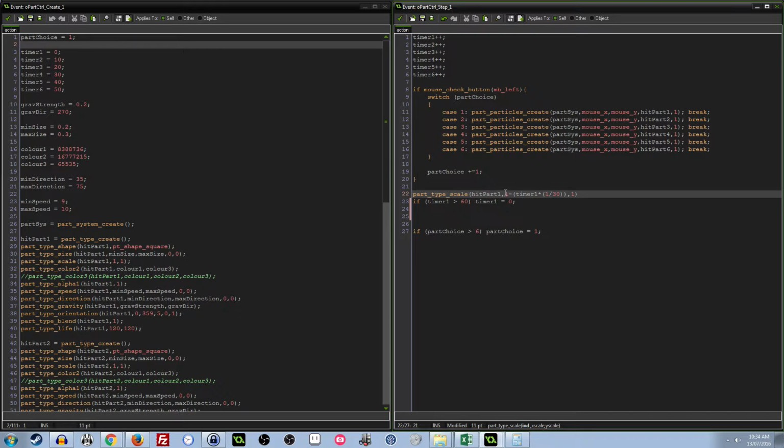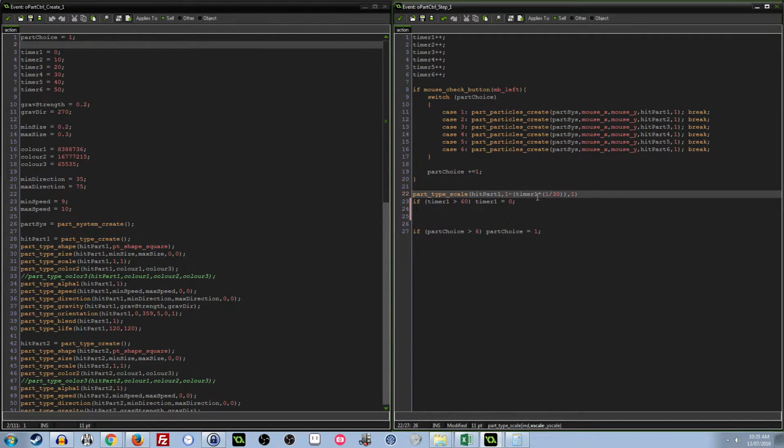You have the X scale, which is the thing that I'm scaling over time. And then you have the Y scale. I want to keep the Y scale at 1. Otherwise, if I also mucked around with that over time, it would look weird. You might get little tiny particles that look strange. I don't think it would really work. So instead, I say the scale is going to be